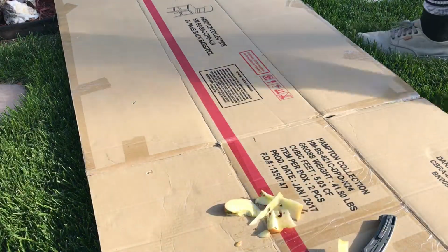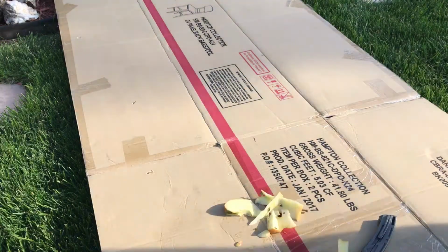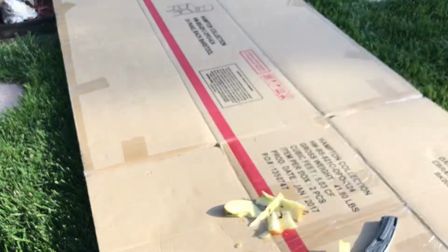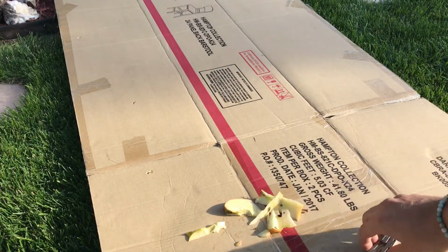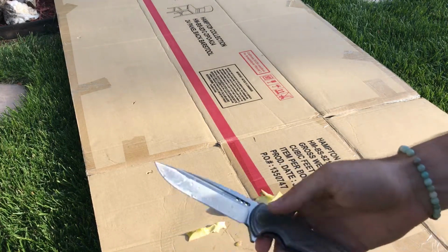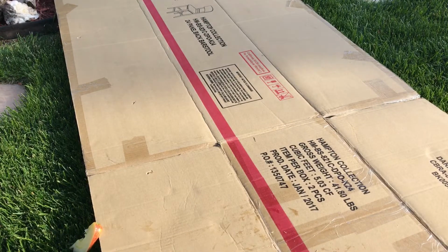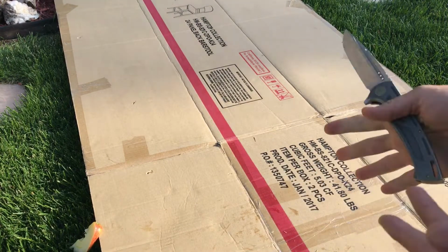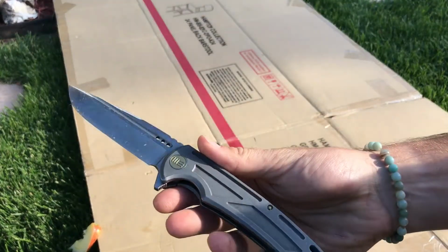Let's get onto the box. Honestly, guys, there's three things that I do with my EDC knives. I open up packages, I cut down boxes, we'll include that in one. I do food prep, and I open envelopes at my very boring desk job. I'm just kidding, I do love my job, but it's a little bit boring for a knife aficionado. So let's go ahead and cut this box down into ridiculously small strips